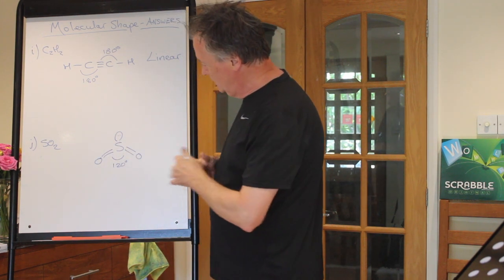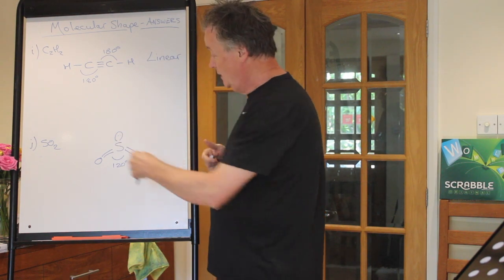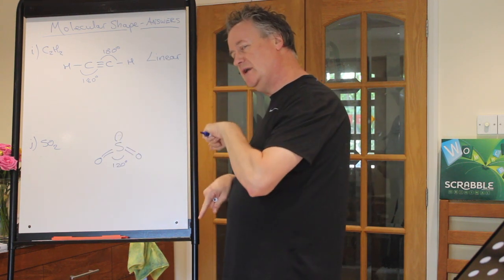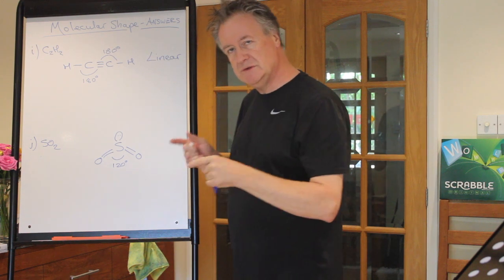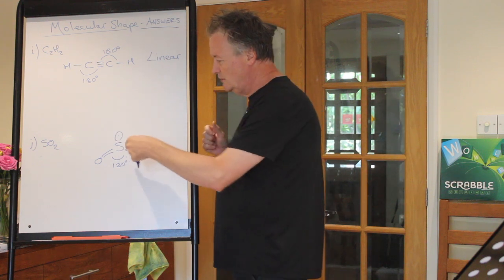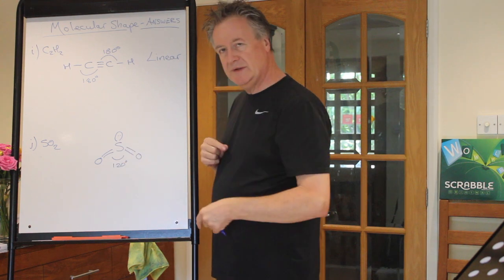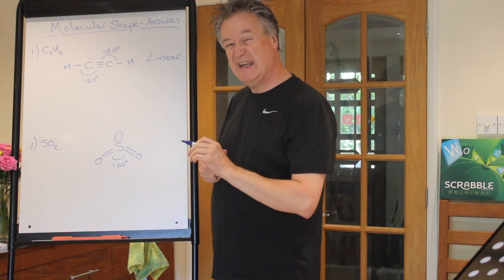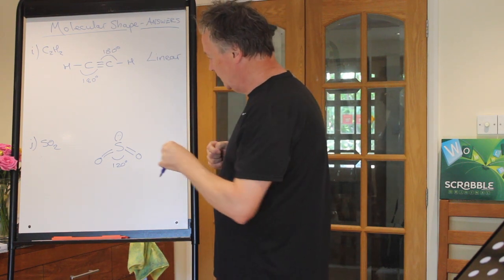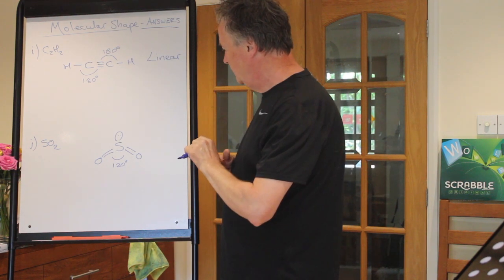And here, the dot and cross diagram of sulfur dioxide produces a lone pair on the sulfur along with two double bonds. There is an alternative structure with a plus charge on the sulfur and a negative on one of the oxygens, but in the end it produces the same shape, which is that lone pair and two other bonding directions means it's basically 120. It's actually not quite 120, but for A level 120 will be good enough because you have three directions that you find electrons repelling each other in. So that is